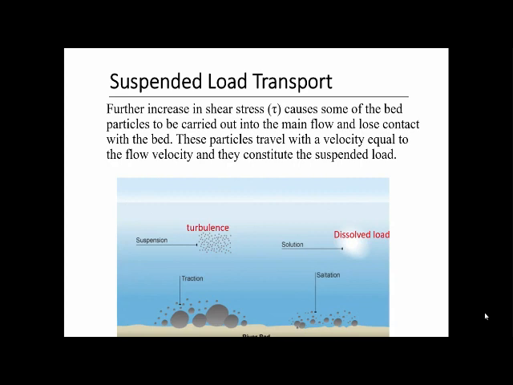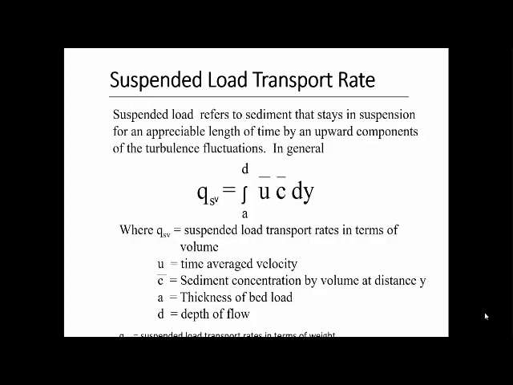So then, if this particle travels with a velocity that equals the flow velocity, this is what we call the suspended load. Okay, so dia terapung-apung in the water column, and normally the suspended load is given by this definition,